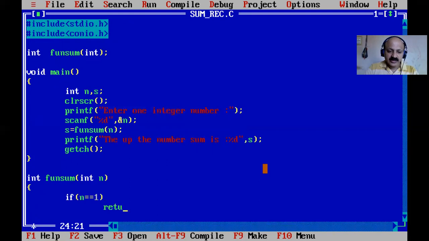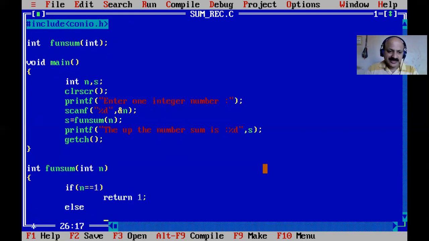So here if n is 1 we return 1, and in the else part we call the recursion. Every time the function is called, it returns that value.